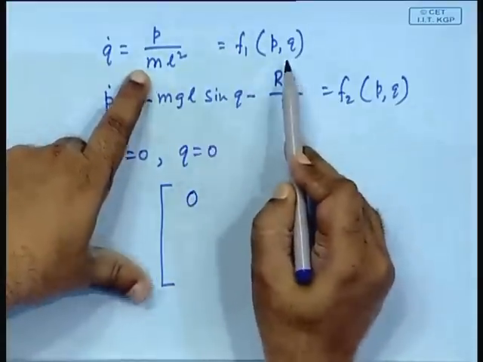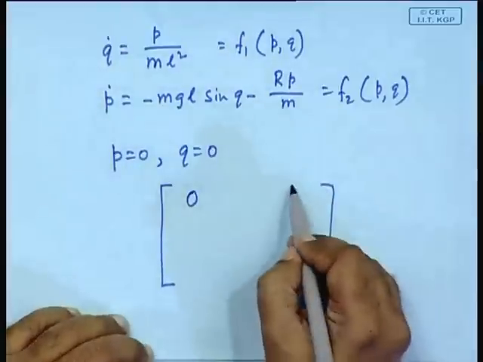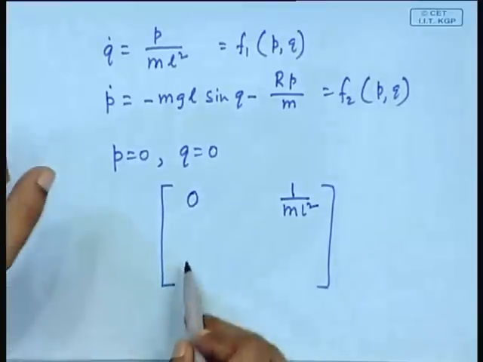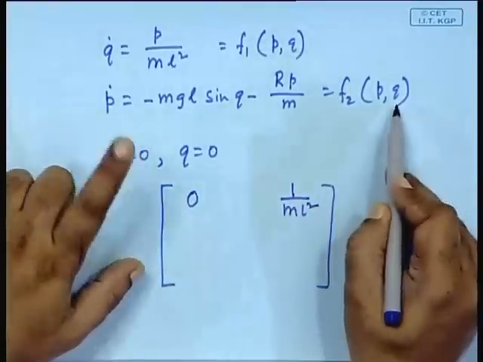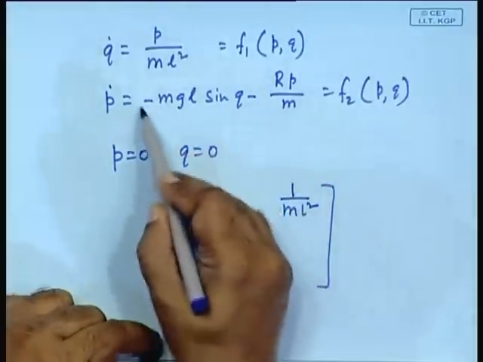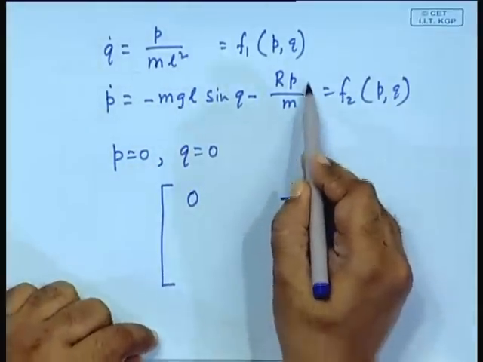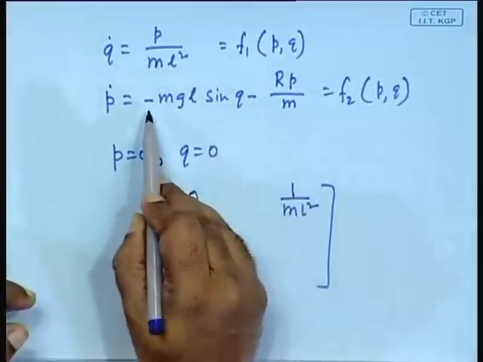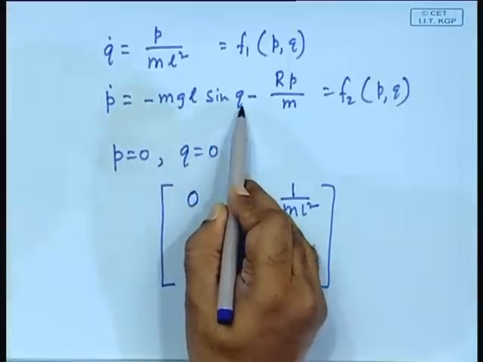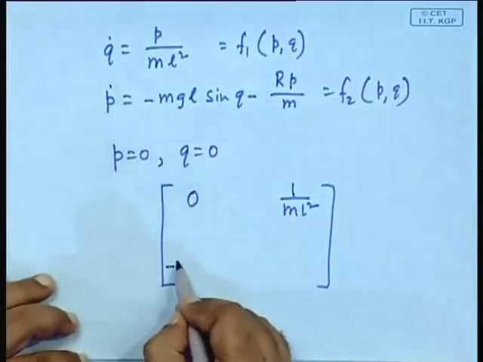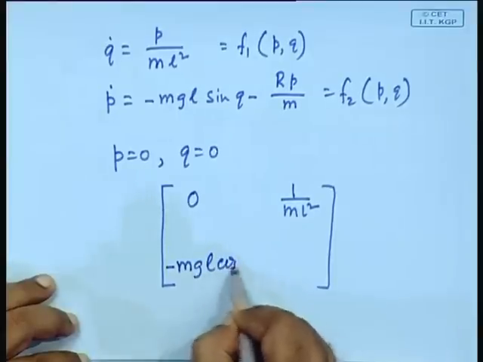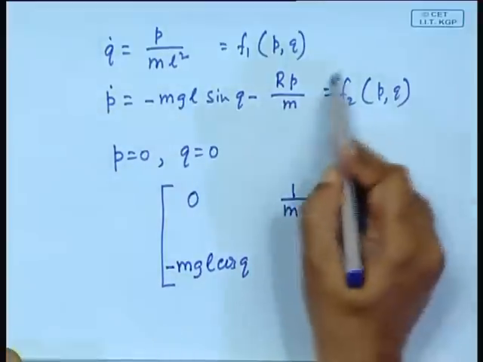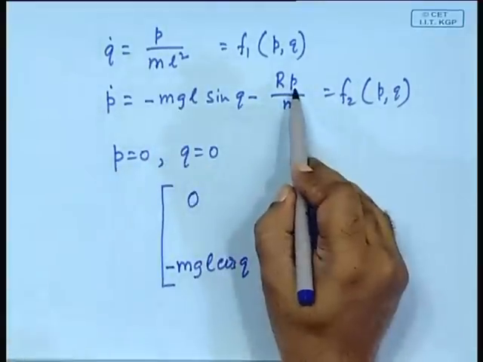Second will be this differentiated with respect to p, this term will be 1 by m L square. This term will be this differentiated with respect to q. Fine. This whole thing differentiated with respect to q, this term will vanish and this term will be minus m g l cos q, right. So, minus m g l cos q, clear, and the last term will be this whole thing differentiated with respect to p, which is